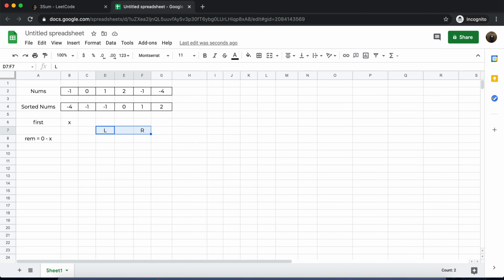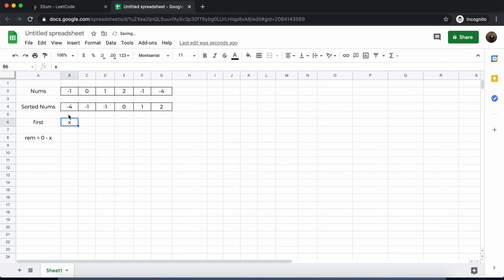Which means that for this fixed number we have all the triplets that there can be. Then we'll move this number to the next position, and again try to find the other two numbers of the triplet in the remaining array. That's how we will solve the problem, and while doing so we will have to make sure that we're not processing the same number again for that triplet. So yeah, that's the logic.